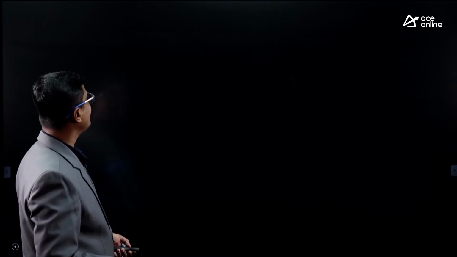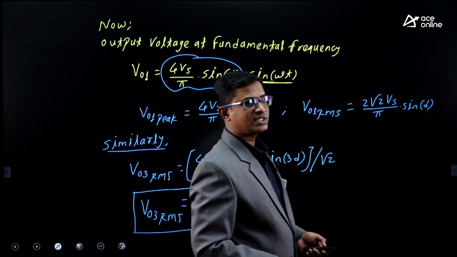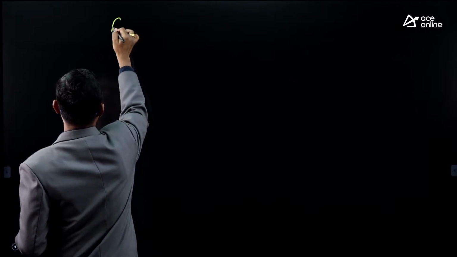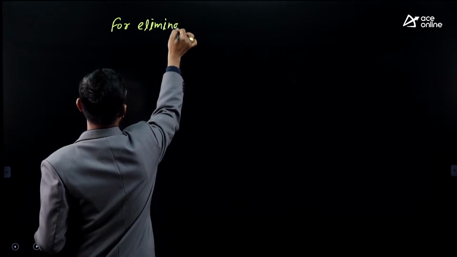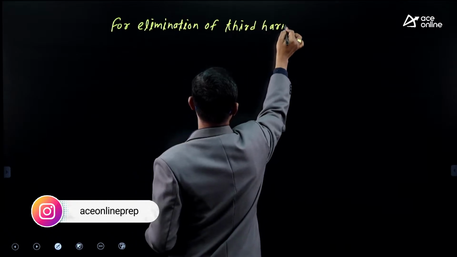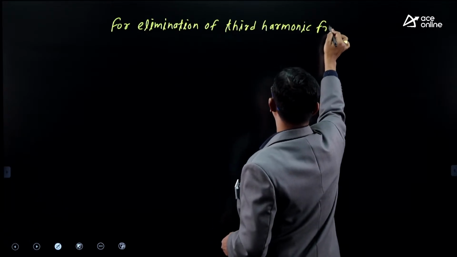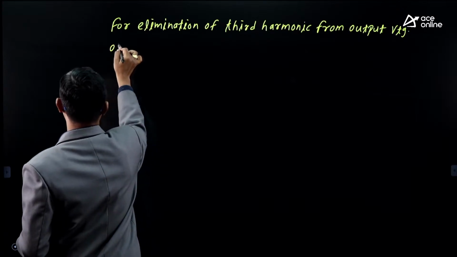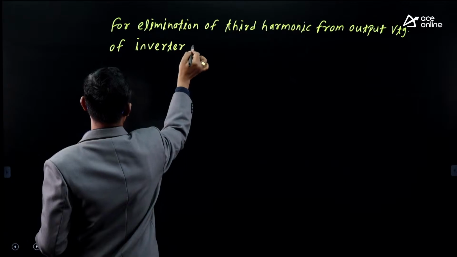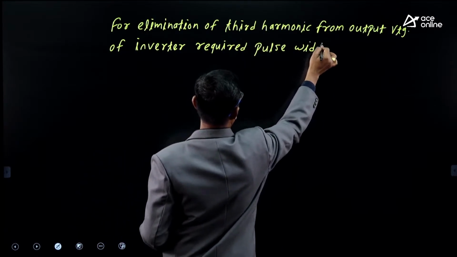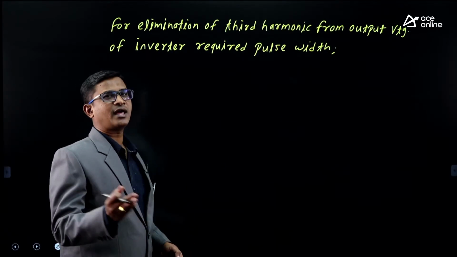Not required. Now we are going to discuss one important point: how this technique is used to remove the harmonics. Very, very important point. Let us discuss the elimination of the third harmonic from the output voltage of the inverter, and the required pulse width. If we want to remove the third harmonic from the output voltage,